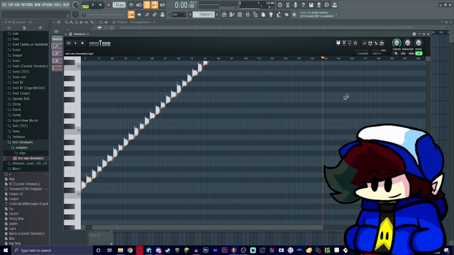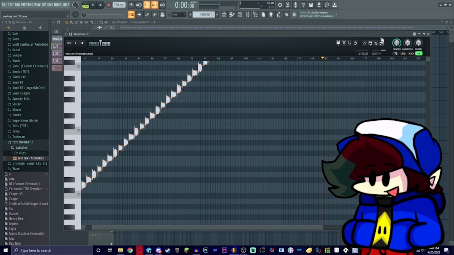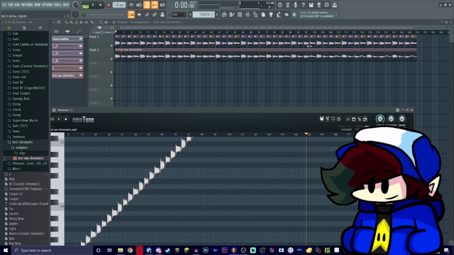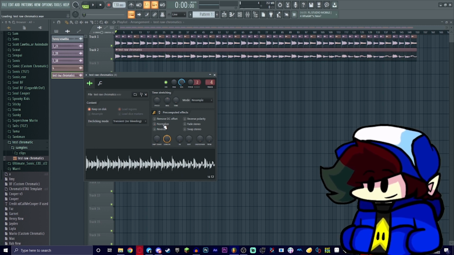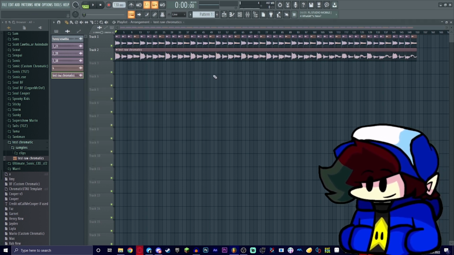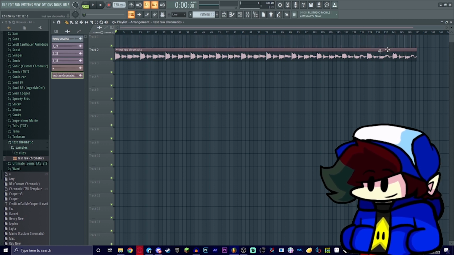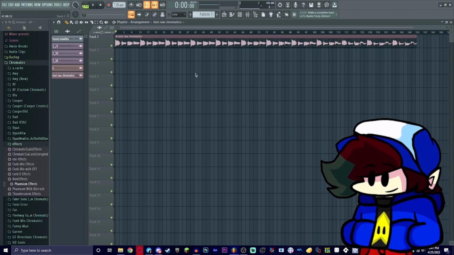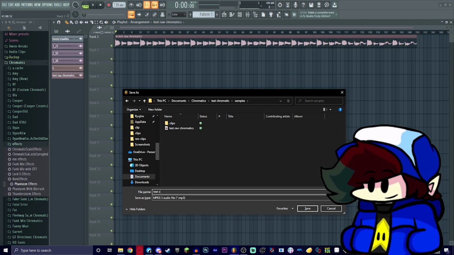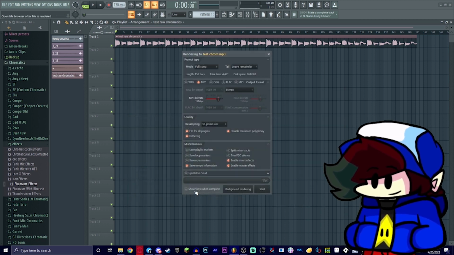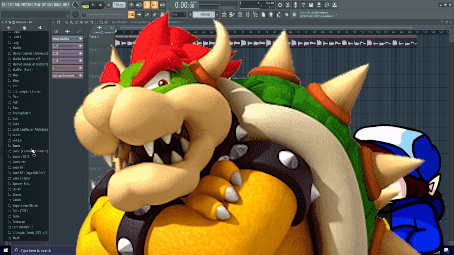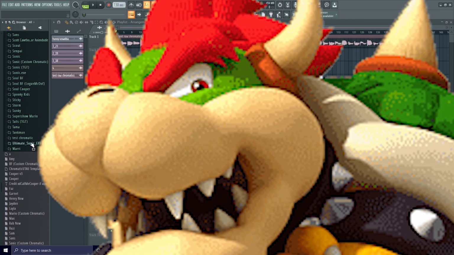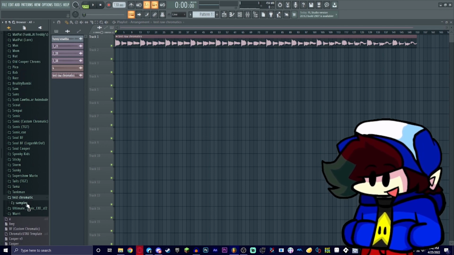Alright, now that that's done, you click that, and then it puts it in the rack. Now from here, you can normalize it and make it sound completely normal, or normal-esque, I guess. Okay, so once you're done with that, you just Control-Shift-R, test, chromatic, or just test chrom, it doesn't really matter. Then you let that save. Now that that's done, you refresh your browser, not Bowser, once more, and then you go to test chromatic samples,